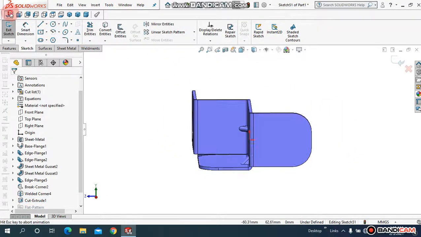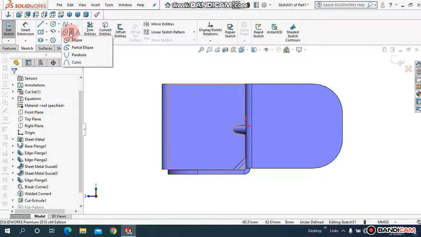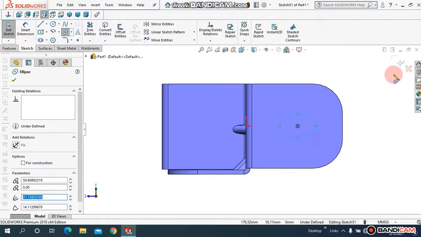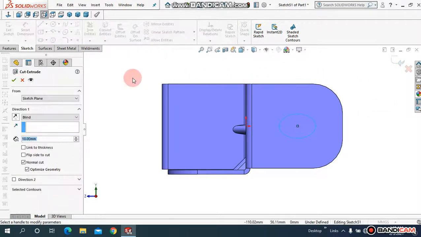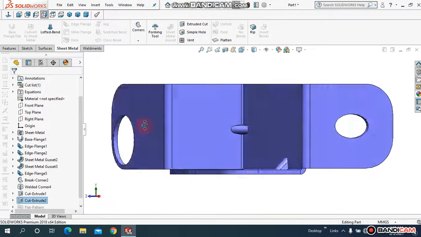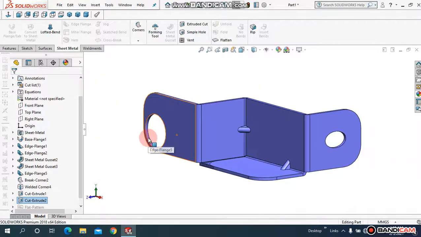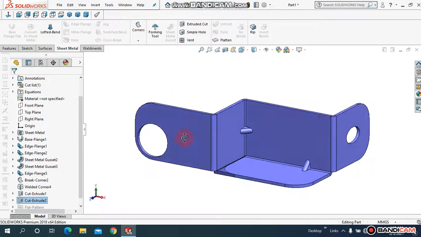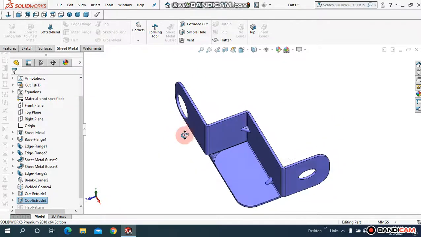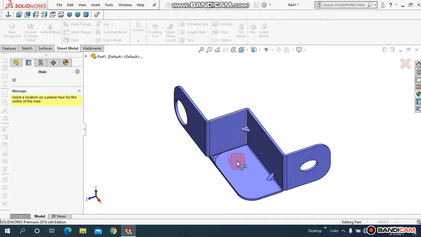We choose this face, come here and select ellipse, and let me draw an ellipse right at the moment, and again confirm it. So this is quite simple. Okay, now the next thing is that I can create a simple hole